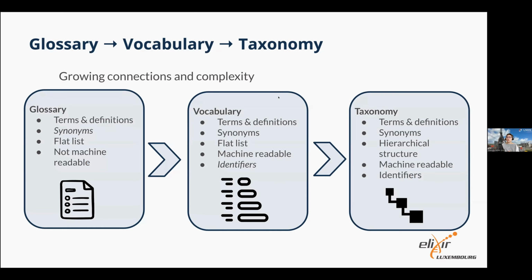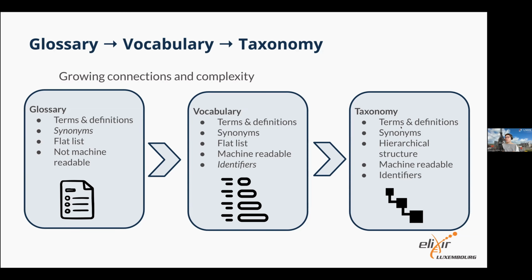Then getting a bit more complex, you can have vocabularies, or what we call controlled vocabularies. They're still usually flat. Again, you'll have terms, definitions, usually synonyms. They tend to be machine readable, at least at baseline. They might still only be a CSV file, but in order to be called a controlled vocabulary, really, you should have some level of machine actionability. And identifiers are not required, but usually they're still being used because it, again, improves that machine readability and interoperability. Then the next level beyond that is a taxonomy. You might have heard of the NCBI taxonomy for species, for example. So there you start to have a hierarchical structure.